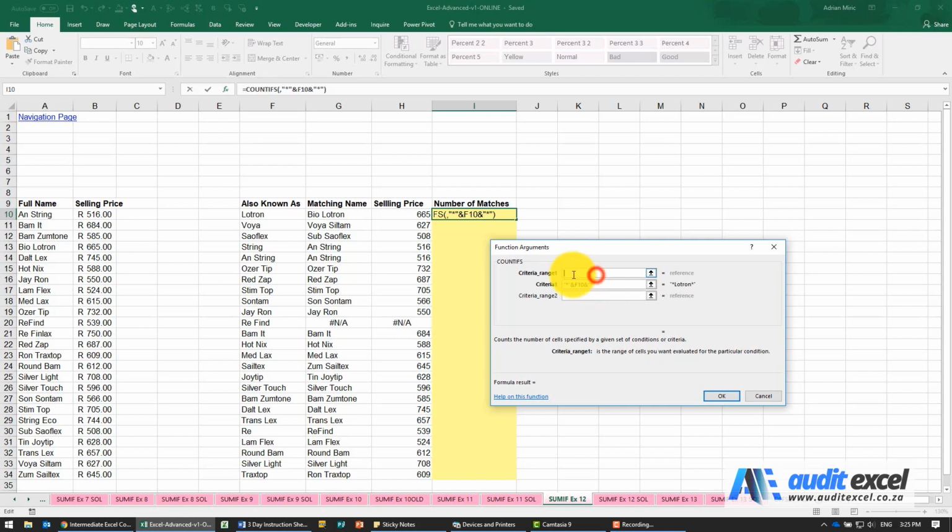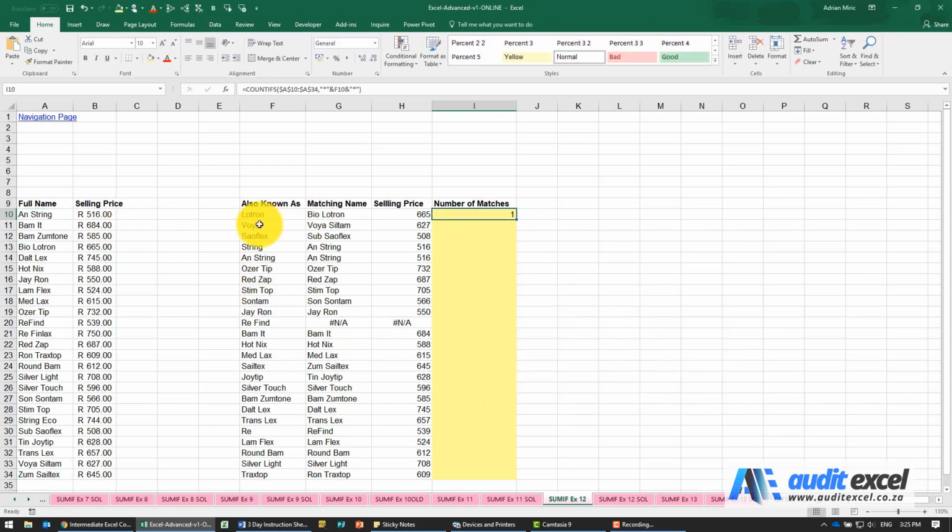Where must it go look for that? Let's go look in here. Put our dollar signs. When I say OK, we'll see there's only one match for that. When I copy it down, for most of these they're one, but every now and again you've got something like that where there's two possible matches. So you need to be careful and just make sure that those particular items are pulling through the correct item.